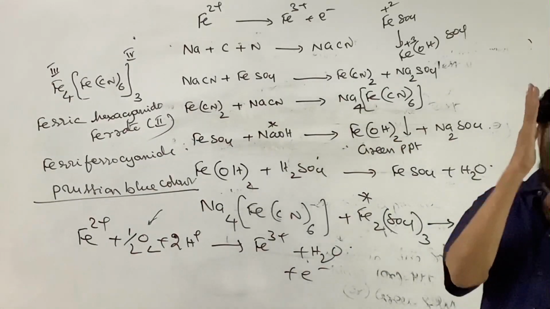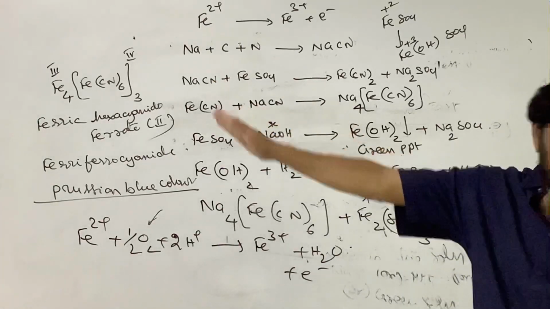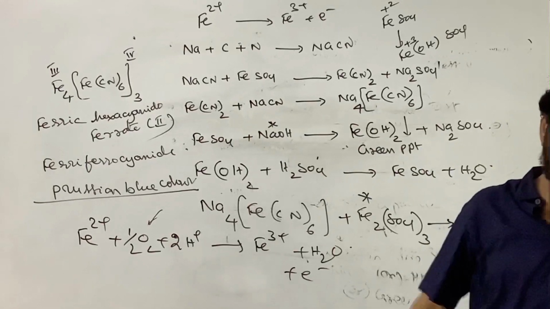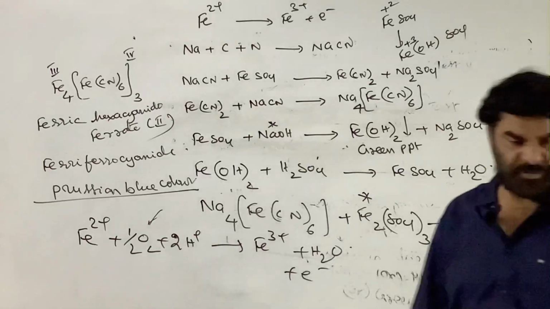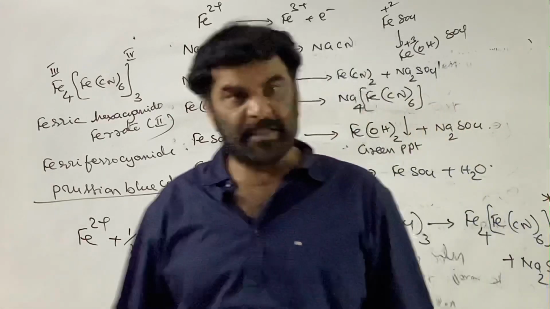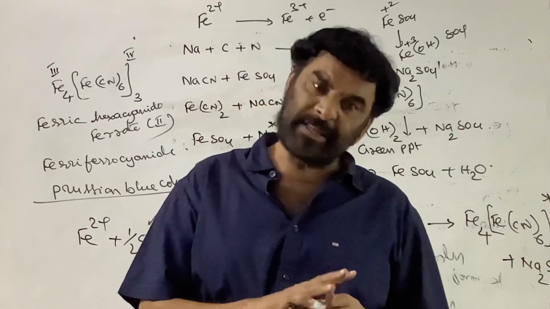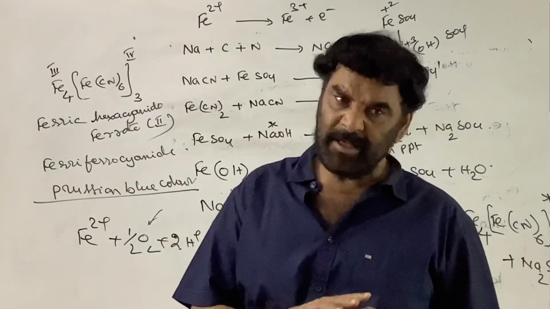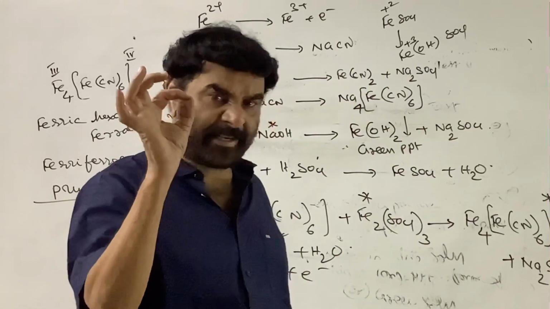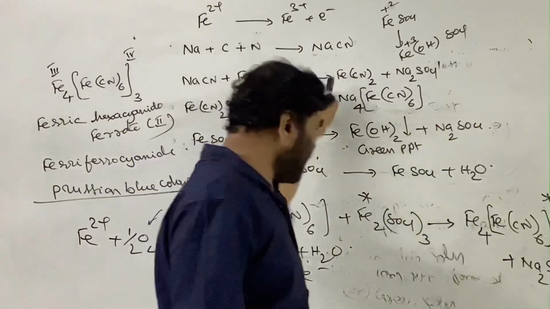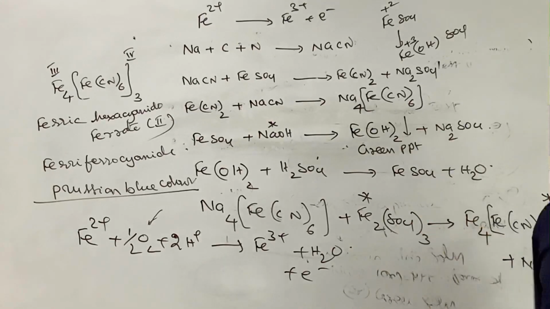But just addition of the ferrous sulfate and formation of a green precipitate is not the test for this one. Add the ferrous sulfate and add the H2SO4. Even after addition of the H2SO4, if the solution is green or Prussian blue in color, then it is the indication of the presence of nitrogen in the given organic compound.